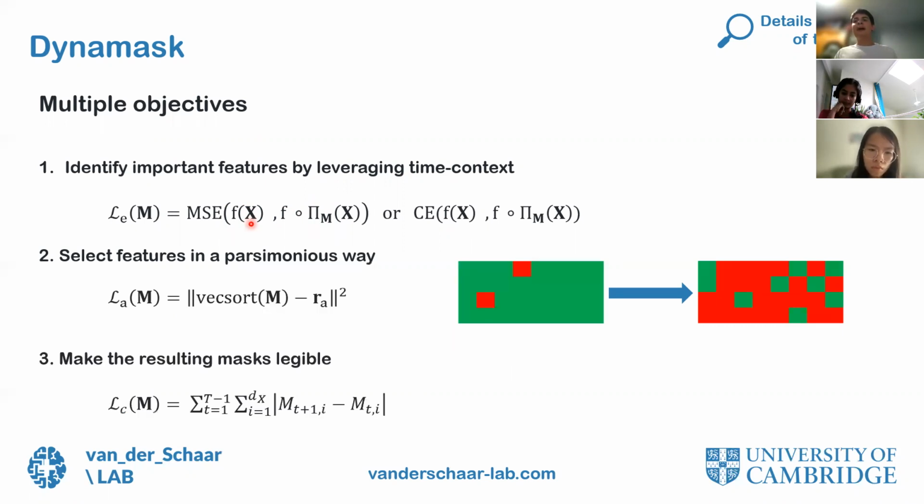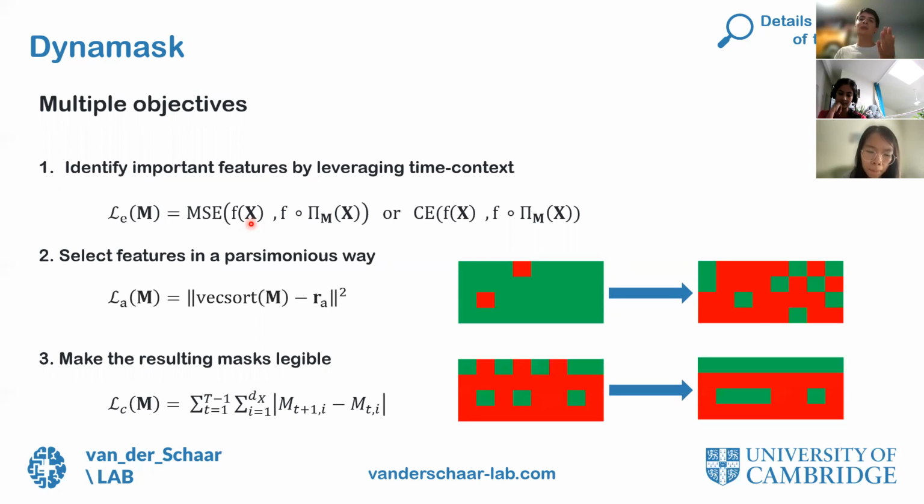Finally, the user might have some prior knowledge or desiderata about the mask itself. For instance, we might want to avoid having many quick jumps of the saliency over time. So you might want to avoid, for instance, something that is important, not important, important, not important, important, not important. You might want to penalize changing your mind all the time. So if it's indeed the case, you can add another term to the objective that encodes this prior knowledge or